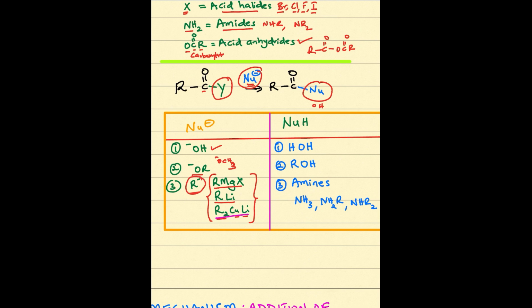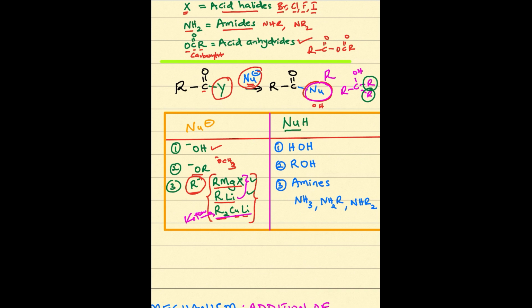For this one here, R2CuLi, the cuprate reagent, you end up with a nucleophile in that position, so you end up with an R in that position, you end up with a ketone, and I'll show that later on. But these other two will add R minus 2 times. So the first time you get a ketone, and then the second time you end up with an alcohol, where you add those R twice. So that one and that one, and you end up with an alcohol for these two. You can also use